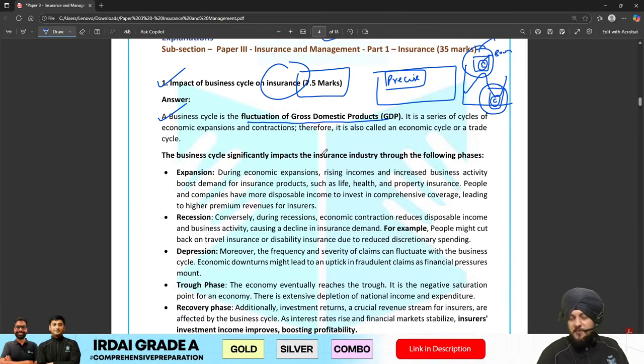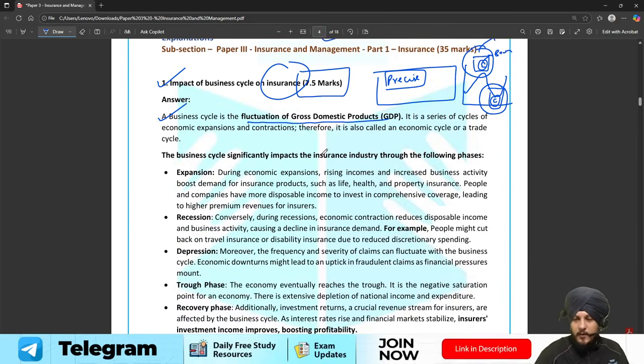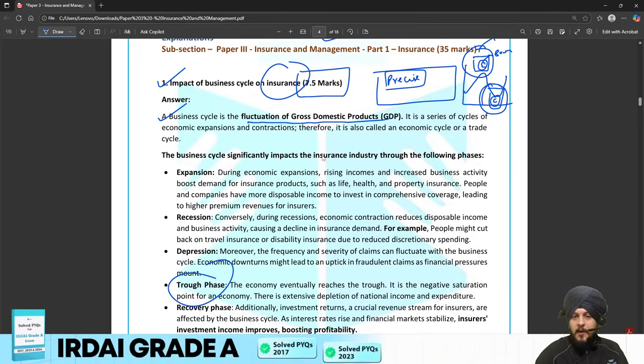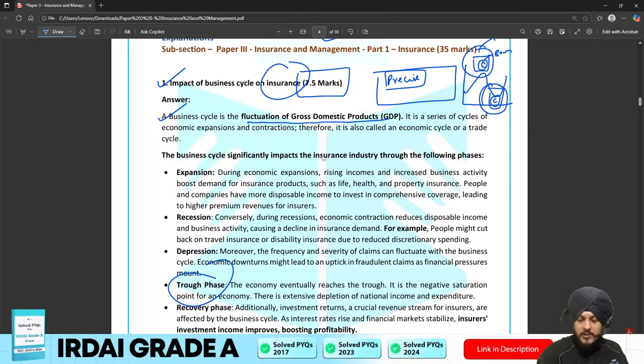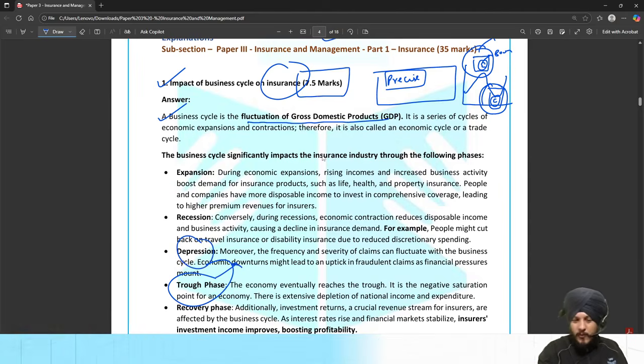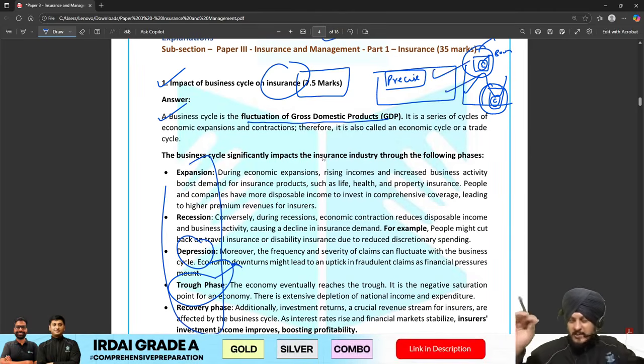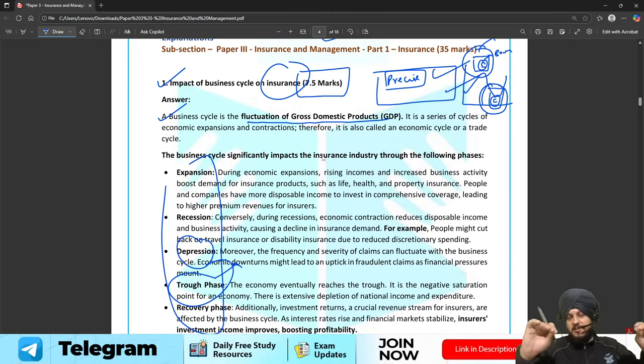You can divide these phases into different sub phases also. For example, you can talk about the trough phase, which is linked to this contractionary phase, the lowest point of the economic activity, right? So you can talk about that also. You can talk about depression. This is also one format through which you can write the answer, and I have discussed another format also. Just by explaining contractionary, expansionary, and writing the impact, that would also be sufficient, right?